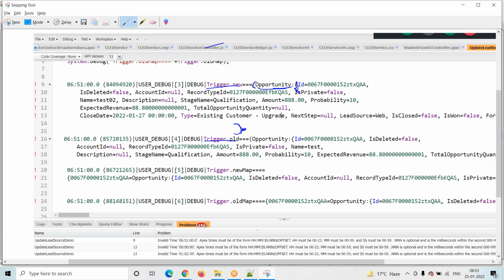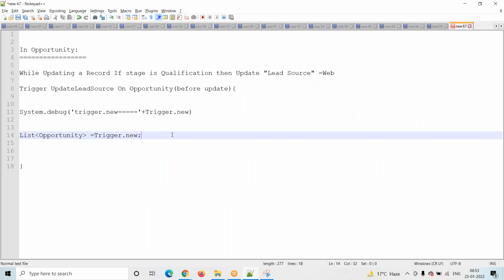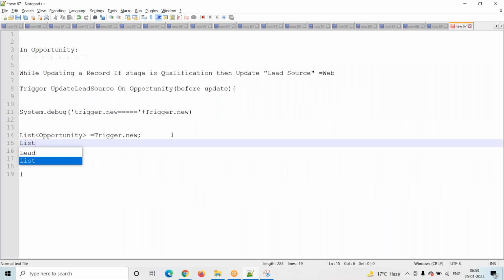Now Trigger.old, what will it give? Trigger.old also gives a list, a list of Opportunity, but it gives the old value.